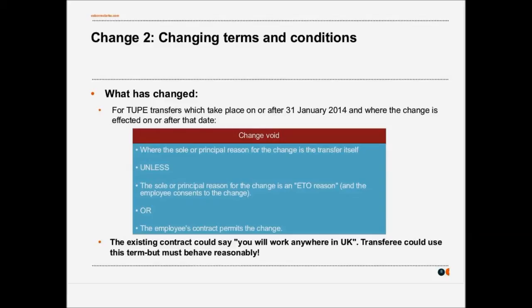The other scenario in which it may be permissible, where the change may be valid, is where the employee's contract itself permits the change. A common example of that is where you have a mobility clause in a contract of employment that enables, or at least purports to enable, the employer to move the employee's place of work. Even under normal legal principles, one can't always rely on that. You'd have to consult with the employee and make sure it was a reasonable change if you were proposing to move them from one place to another. But potentially, if the employee's contract does permit that change, then that would allow the change to be valid.